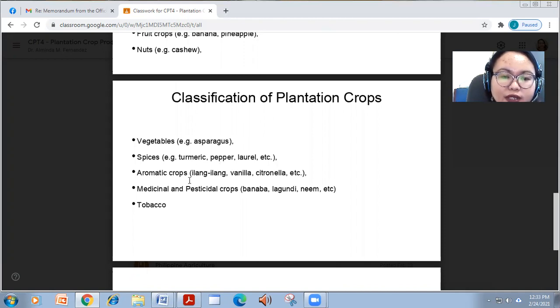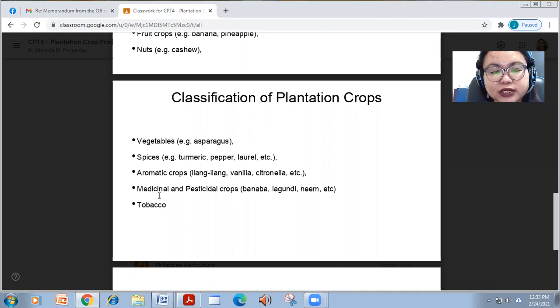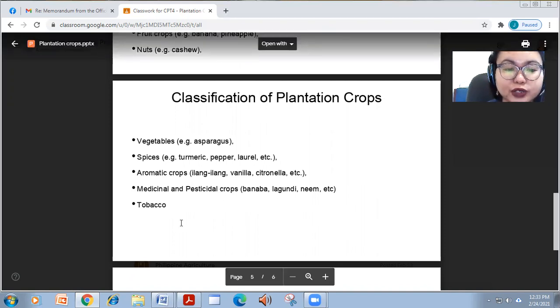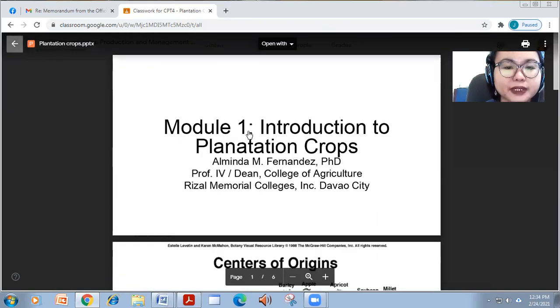And we call them aromatic crops for essential oil for fragrance, such as ilang-ilang, vanilla naman for baking, and citronella for yung mga candles. And we also have medicinal and pesticidal crops like lagundi sa cough and neem tree as insecticide. And tobacco for cigarettes. So yun lang, no? Yun lang ang mga plantation crops.